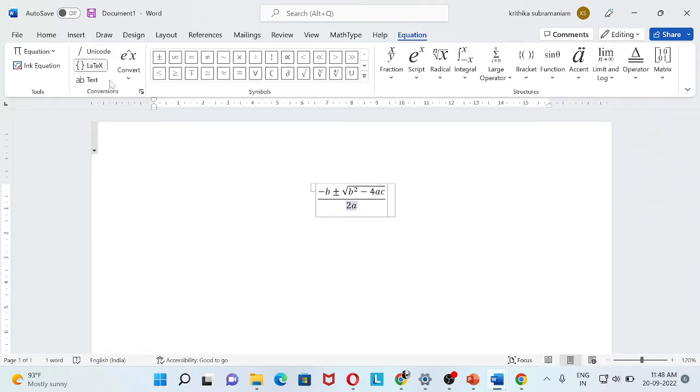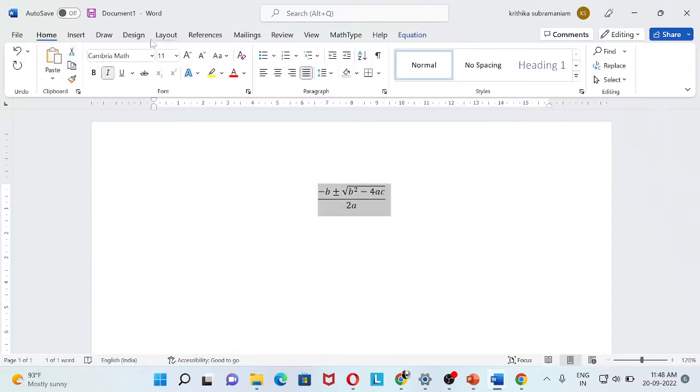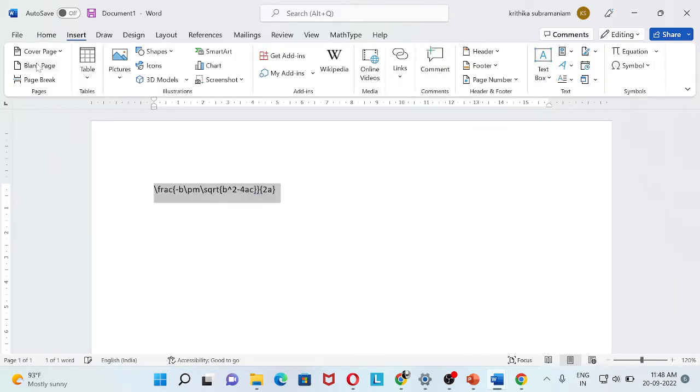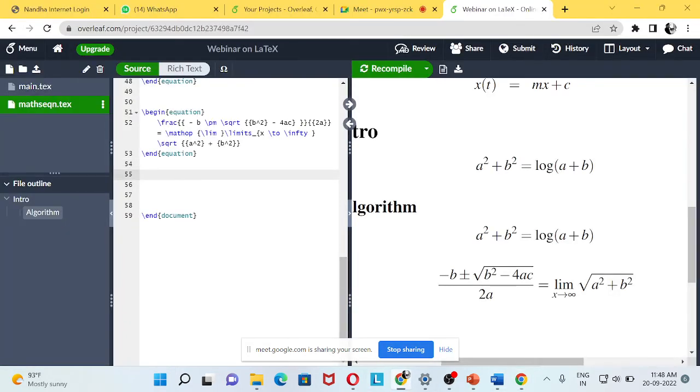If you select this, then, control A, yeah, see here the LaTeX code appeared. So after clicking LaTeX, just copy this. Instead of having minus b plus or minus square root of b square minus 4ac, that itself will give you LaTeX code. And copy that and go to the editor window somewhere here and paste it